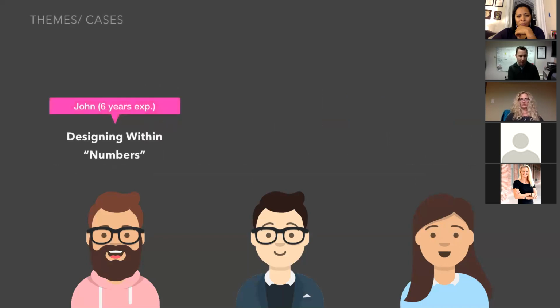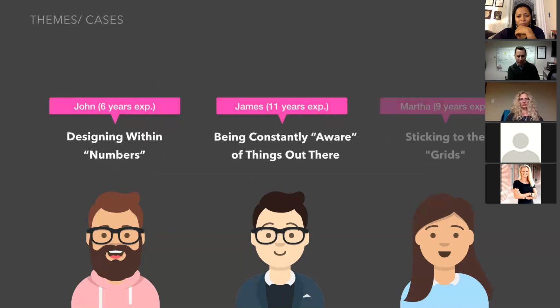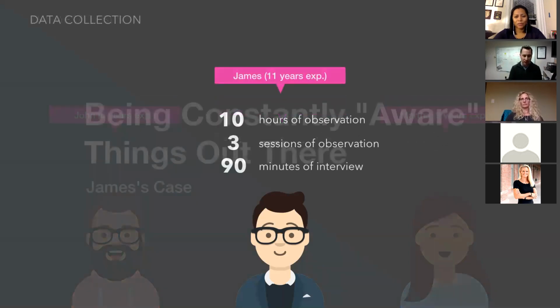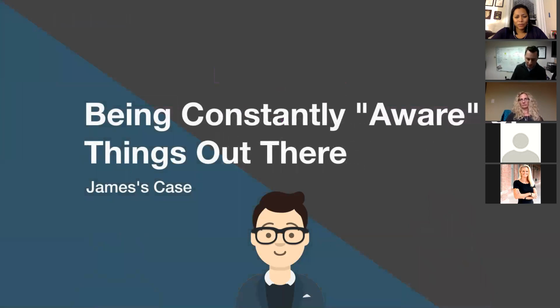So the paper presents 3 cases. I'm not going to talk about all 3 cases. I am going to talk a little bit more about James, though, who had the most experience and was also in the highest level managerial capacity, and was in the best position to impact the ethical focus of the organization. And so he is probably the one that was the most ethical in the ways that we've talked about so far, which is sort of cool. But the other examples, I think, are helpful counter examples to think through these issues.